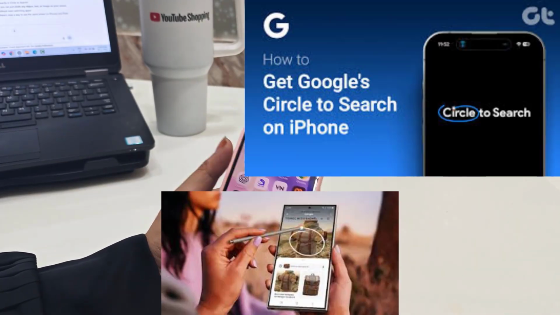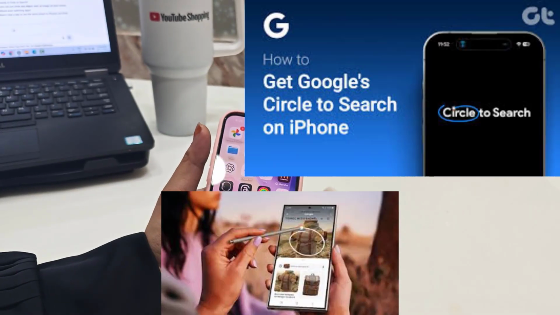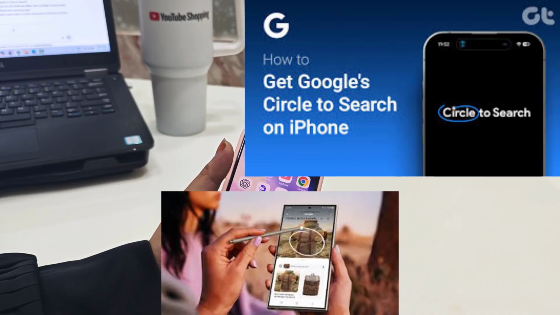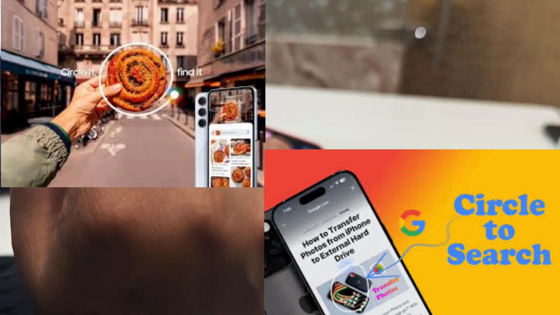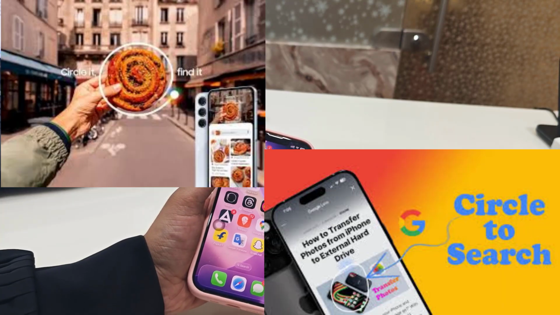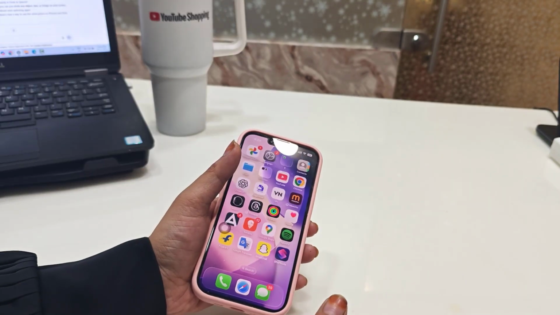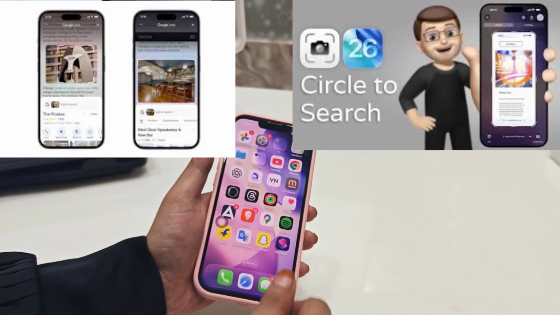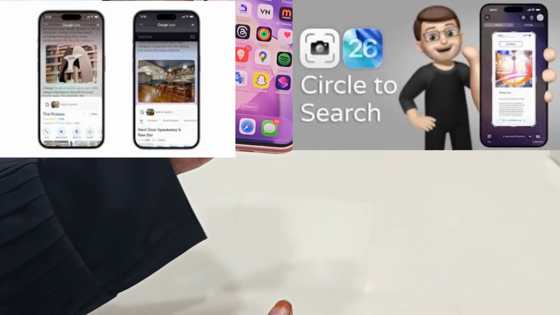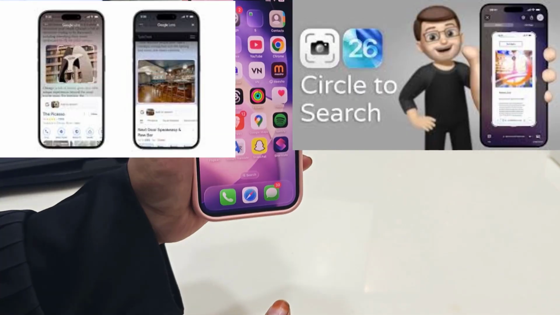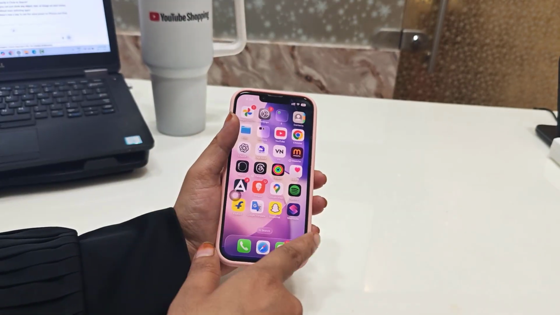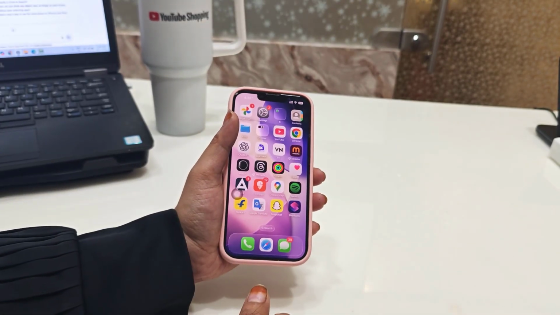So guys, today we are talking about one of the Google smart features that's been trending everywhere. Yes, that is Circle to Search. But wait, this time I'm going to show you how you can get it on your iPhone or iPad, even if you are not using an Android mobile. So stay tuned till the end because I will share step by step how to enable it and use it